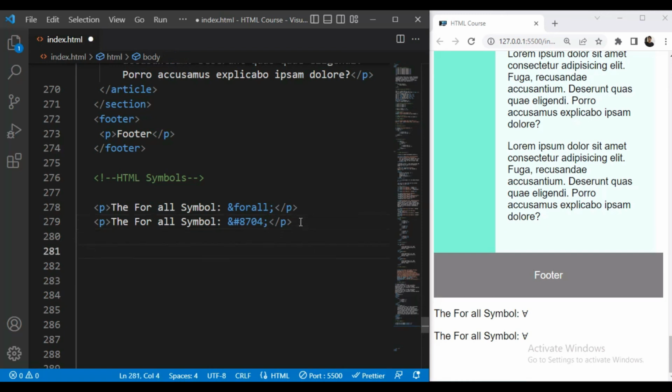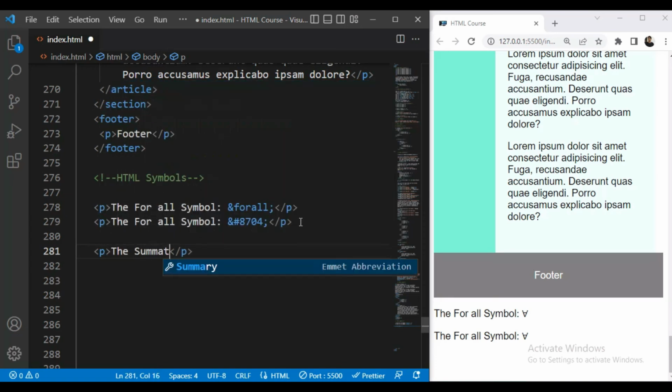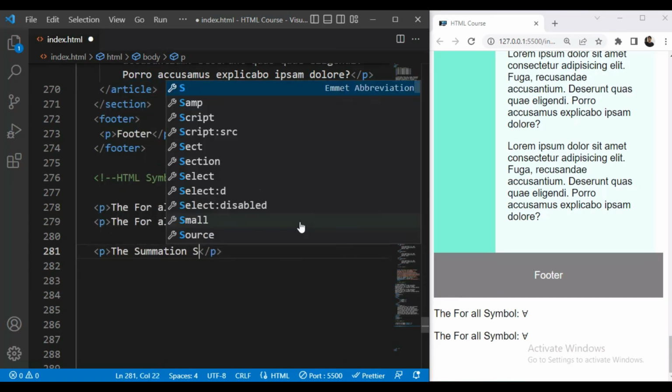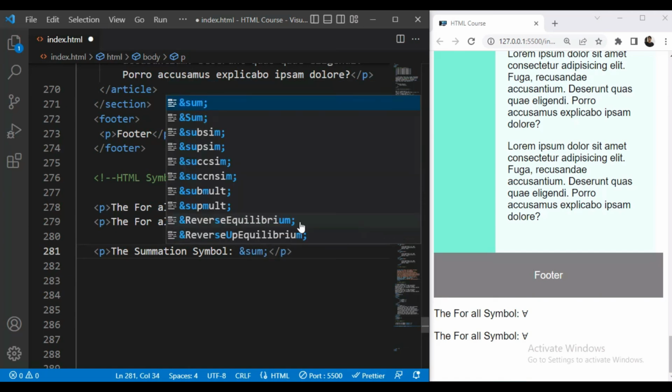Then we will see the symbol for summation. We will use here p tag, the summation symbol. First we will see with the help of entity. We will write &sum;.